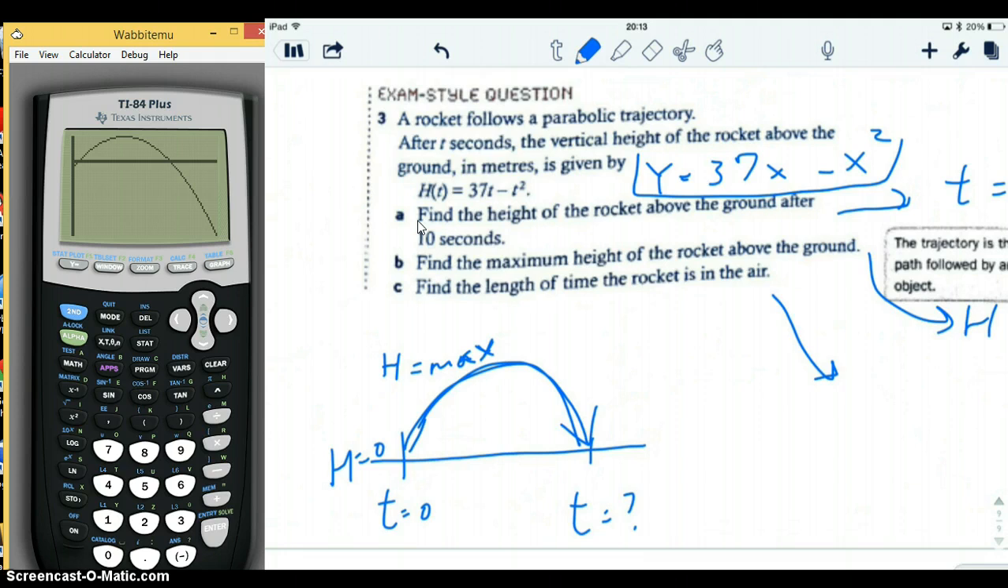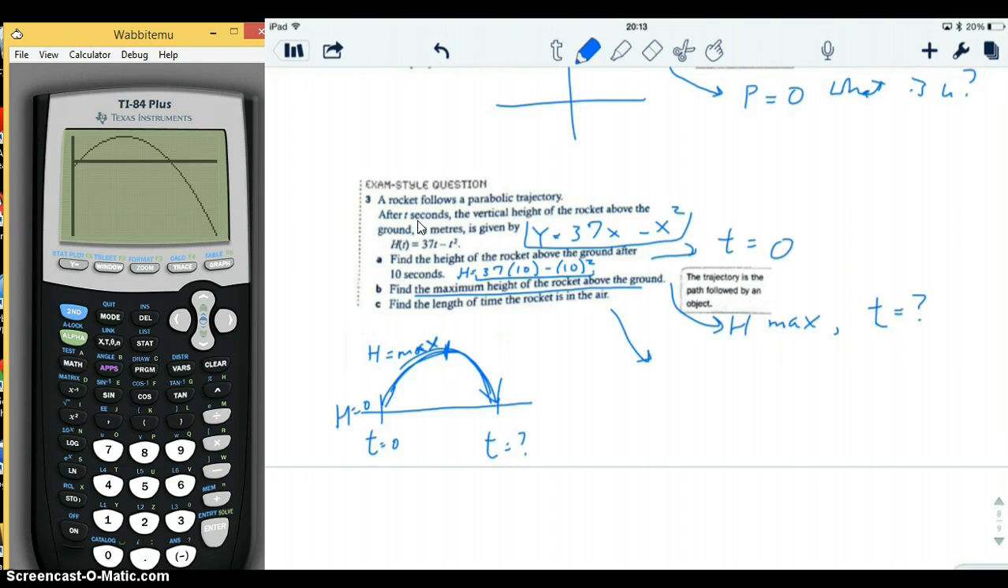Find the height of the rocket above the ground after 10 seconds. So you're going to say, okay, and you don't need the calculator to do this. You could just do, okay, height equals 37 times 10 seconds minus 10 seconds squared. You could use the calculator to calculate this, but you don't need to graph it to calculate that. Find the maximum height of the rocket above the ground. Now you use the graph, and you're going to figure out what the coordinates of this point are